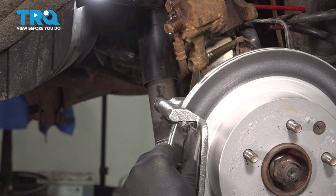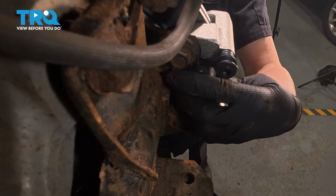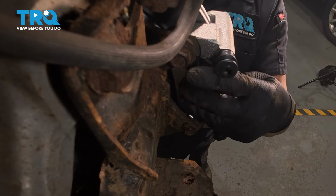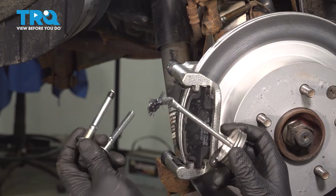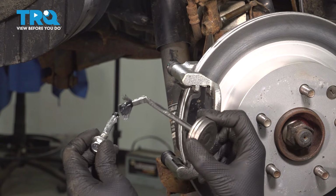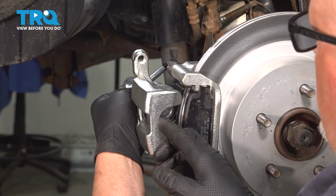Take the brake pads, get those lined up. The inboard pad with the squealer at the base. That's lined up. Now take the pins. I'm just going to use a little silicone brake lubricant or brake caliper grease. Just a thin coat. Now put the caliper over the brake